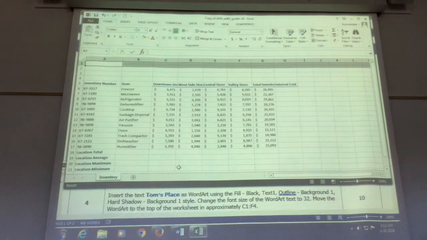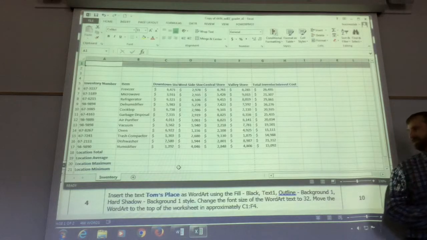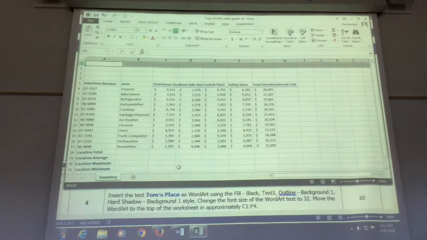Next one says insert the text Tom's place as word art using the fill black, text 1 outline, background 1 hard shadow, background 1 style, then change the font size. So Tom's place word art. So you're just going to go to the